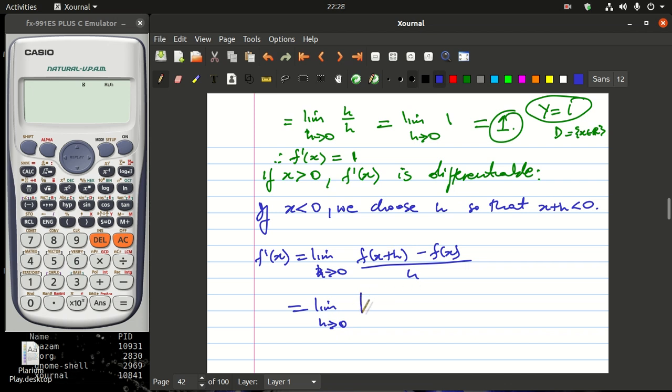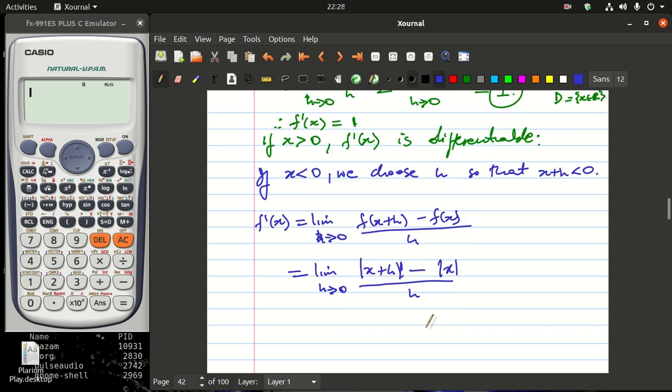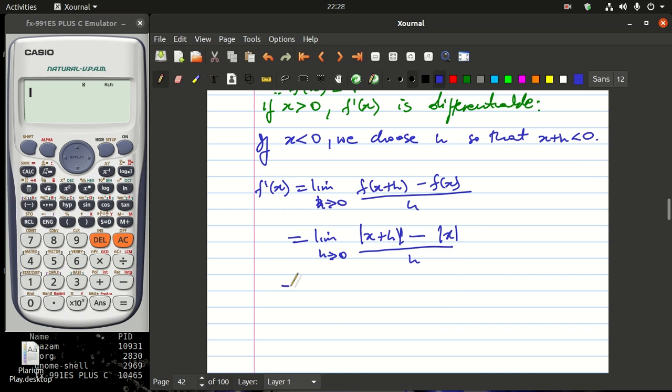We have the absolute value of x plus h minus the absolute value of x, all over h here. And if you look at this, it is just going to be the same as the limit as h approaches 0 of this whole thing here,